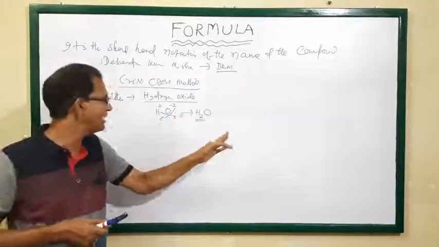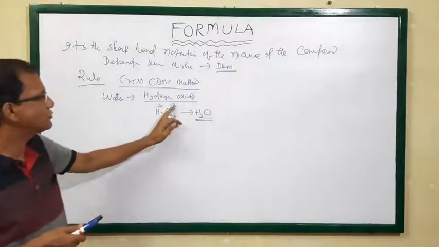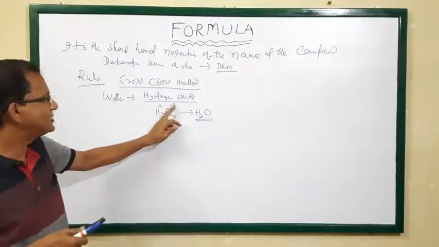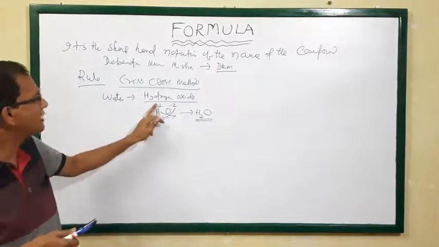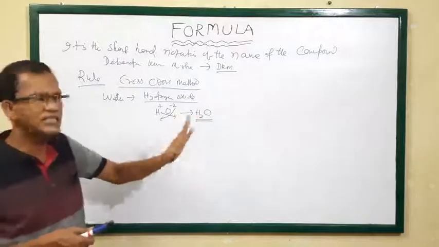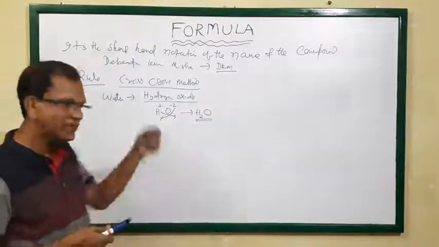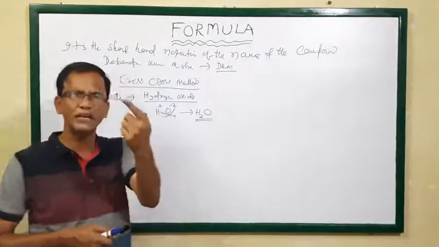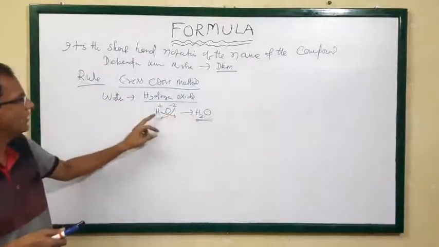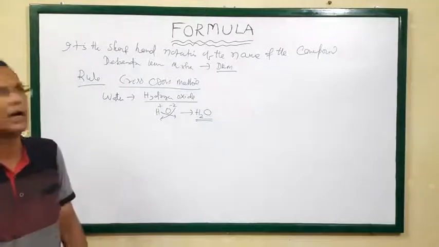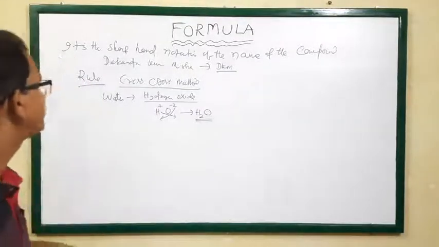Again I am repeating, why water is H2O. Water is actually hydrogen oxide, the chemical name. Hydrogen's charge is plus, and oxide carries minus 2, so its valency is 2. The 2 valency will come to the hydrogen side and 1 valency will go to the oxygen side. It is not necessary to write 1, since a single atom itself carries one. So 2 will be here and 1 will be here. So the formula of water is H2O.